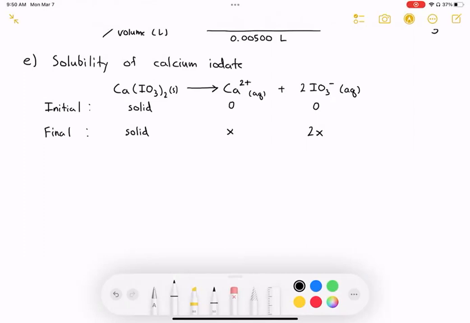Okay. Okay, maybe we don't have to do this yet, but